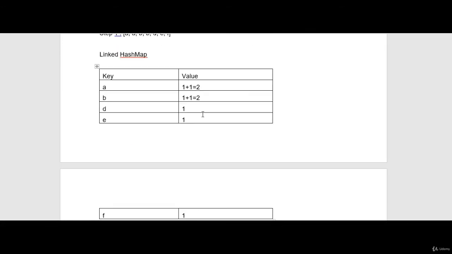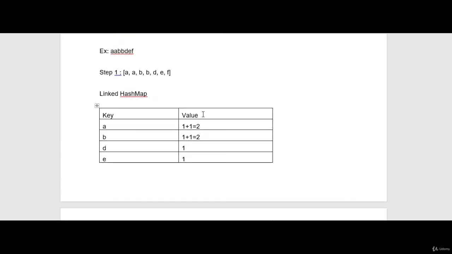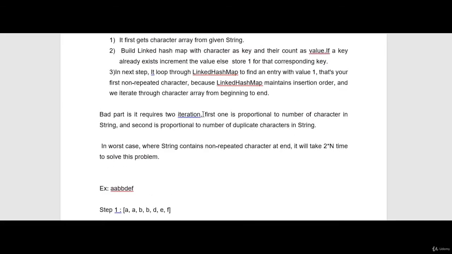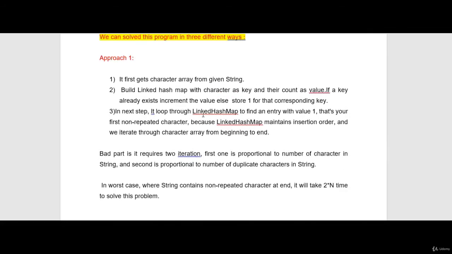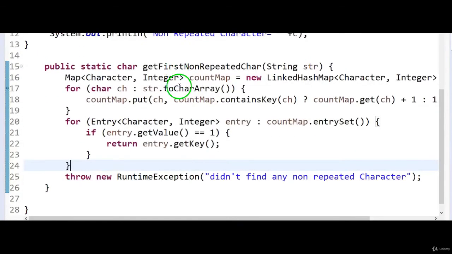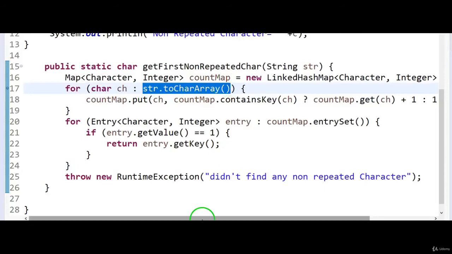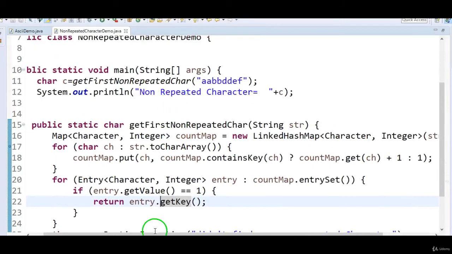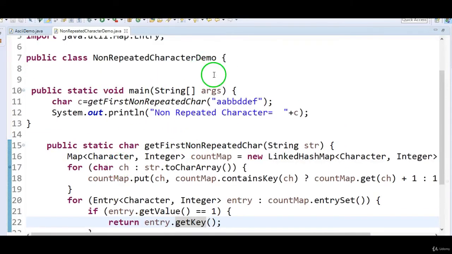But anyhow, I'll explain the code and show you the demo of how to write this program with the help of output, and I'll even be debugging the code. So this is the first approach. In the next videos we will see the remaining 2 approaches. So let me come to the first approach. As I told you, first I will be converting the string to a character array, string.toCharArray, and then, before even going to that part, let me explain from the starting.